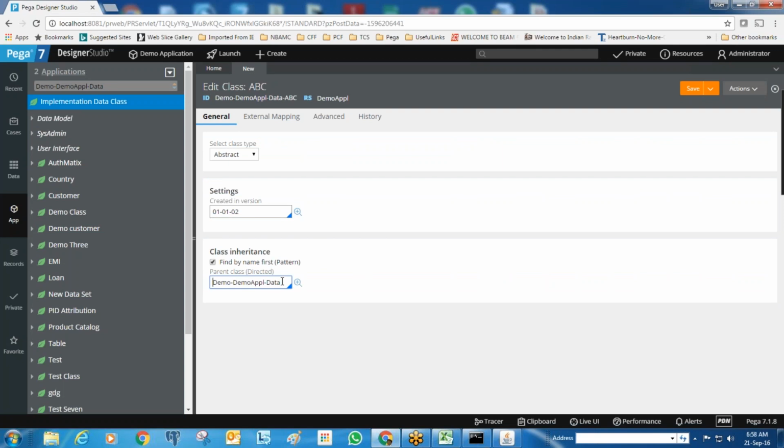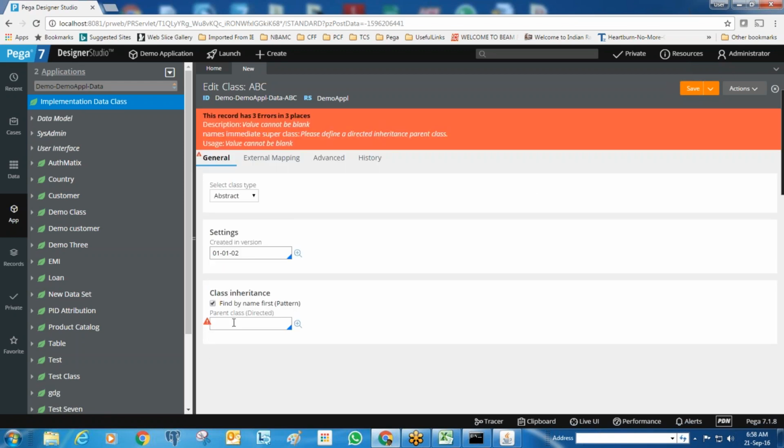By default, it is giving me the immediate pattern parent class in the directed path, because the system won't accept any empty space here. You need to give one class in the directed path. If you don't give anything and try to save it, the system will throw an error.